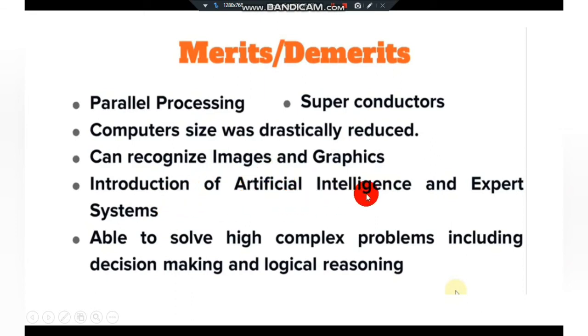So what do we mean by artificial intelligence? Intelligence is available only to human beings. We can create intelligence and give it to the system, and that is known as artificial intelligence. Okay, so the concept of artificial intelligence was introduced in this fifth generation, and we create expert systems. That is, we try to make a robot. A robot is a machine that can help